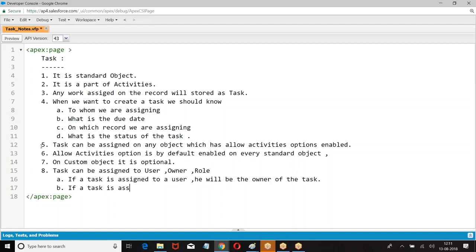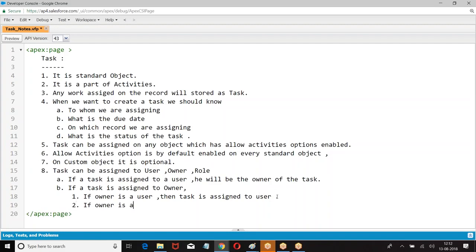If the owner is a user, then the task is assigned to that user. If the owner is a queue, the user who initiated the operation will be the owner of the task.